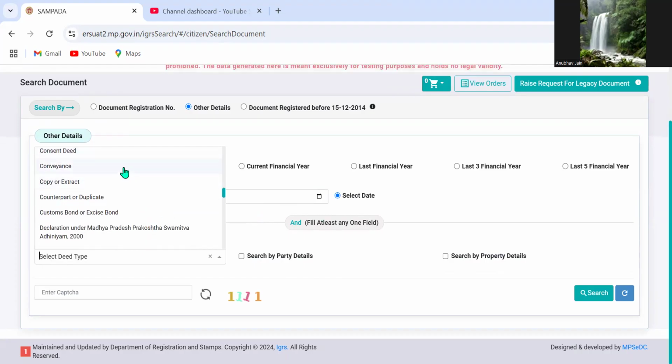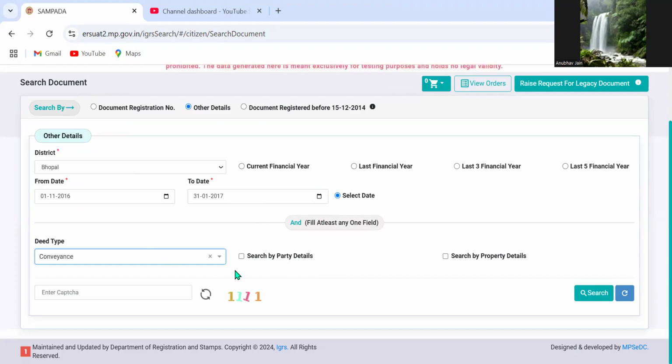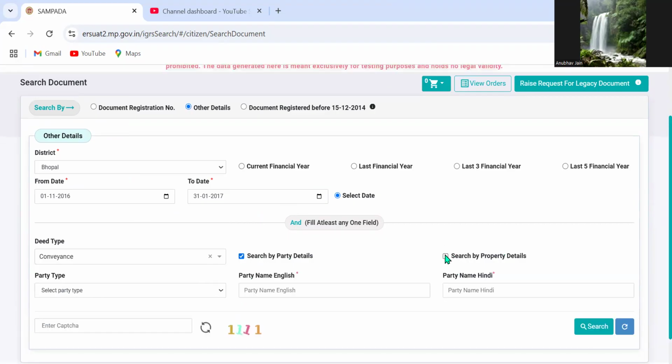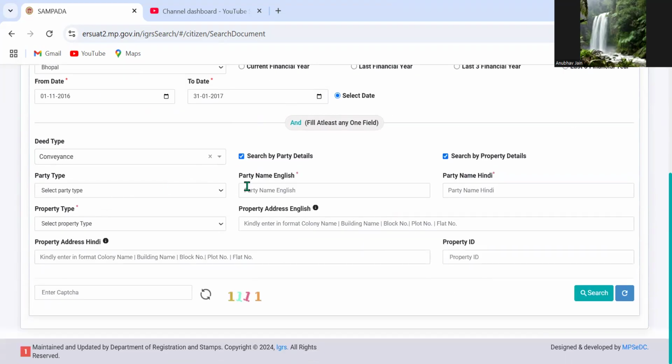Suppose it is a sale deed, then you have to select the conveyance option, and you can search by party details or by property details. If you know the name of the party between whom the deed was executed, you can just enter that name. But if you want to search by the property address, then if you have the property ID, meaning the ID which the Nagar Nigam gives you to pay their sampatti kar, or if you have the address of some colony or something like that, you can enter it here, enter the captcha,